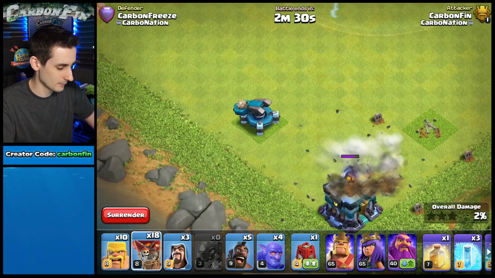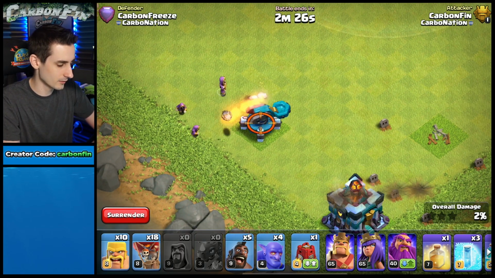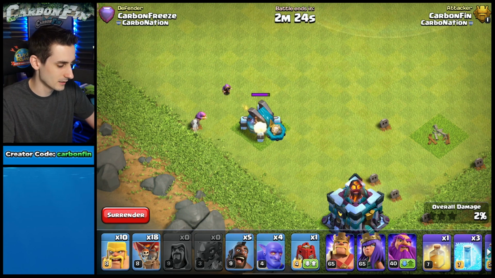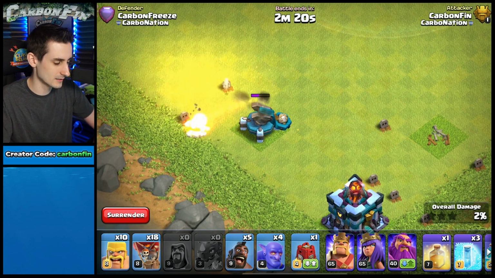But very interesting. If you have the Wizards on different sides of it, then the Scattershot won't get the shot off. But you can see it's not too fast. It takes some time, but